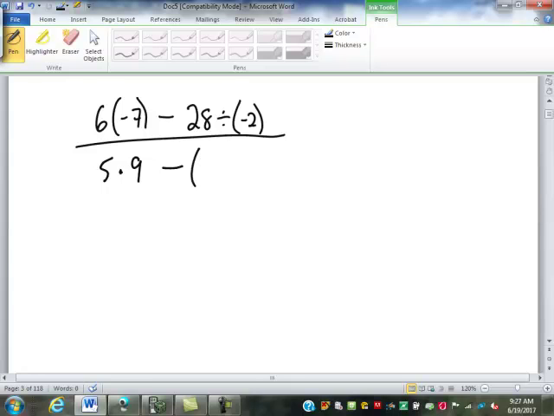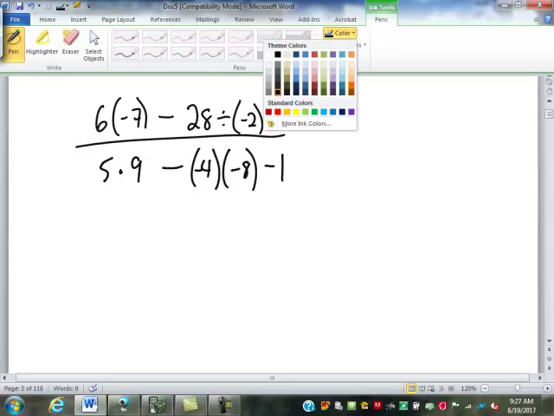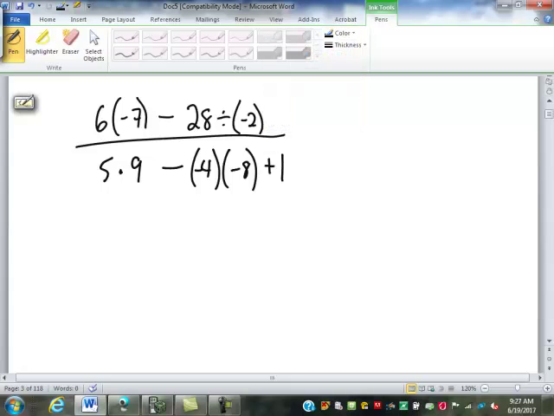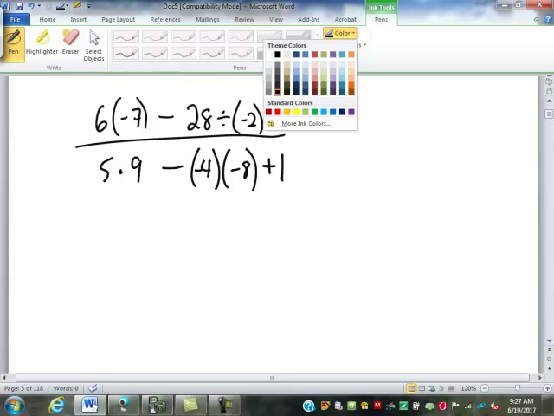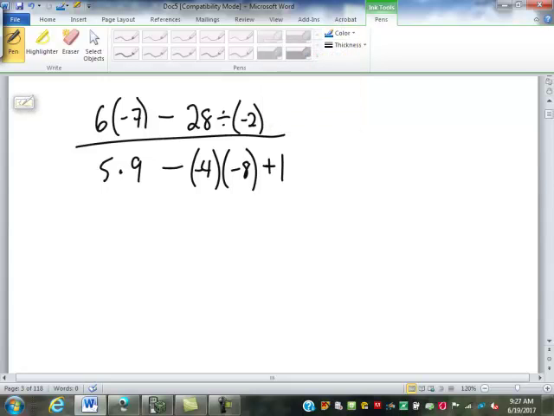Five times 9 minus negative 4 times a negative 8 minus 1. Is that going to work? I should go plus 1. Really want. So looking at this,